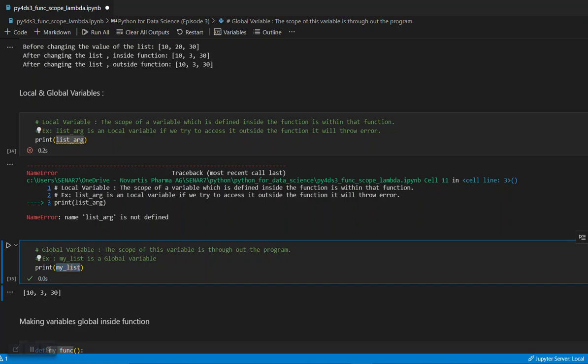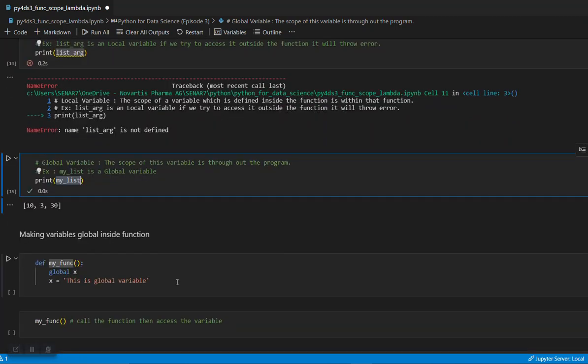Now within the function you can also define a global variable. To do that, you write the keyword global before the variable. Here I am writing global x and assigning a string value to this variable. So let's run it.